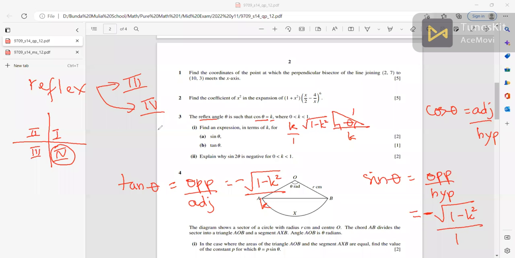Okay, for the second one, explain why sine 2 theta is negative for 0 until 1 for the k. We know that the angle theta is at 270 degree until 360 degree in quadrant 4. So if it is double angle, it means the angle is between 540 degree until 720 degree. So for this range, 540 degree until 720 degree, the sine is negative. The sine 2 theta is negative there. That is for the second part. Now for